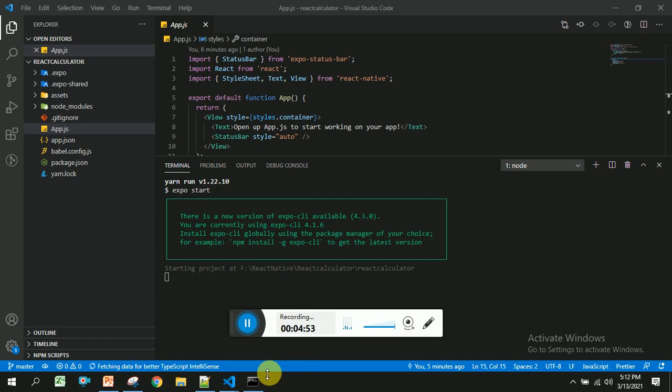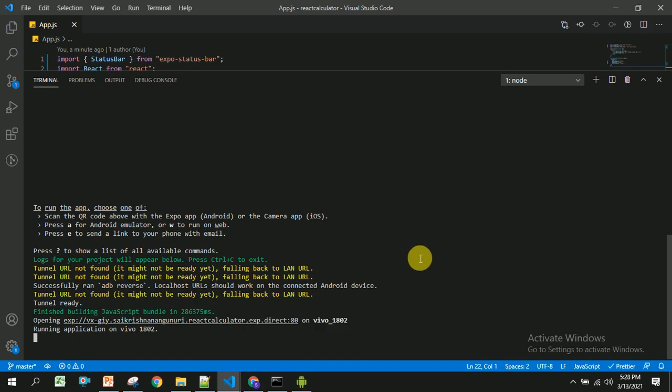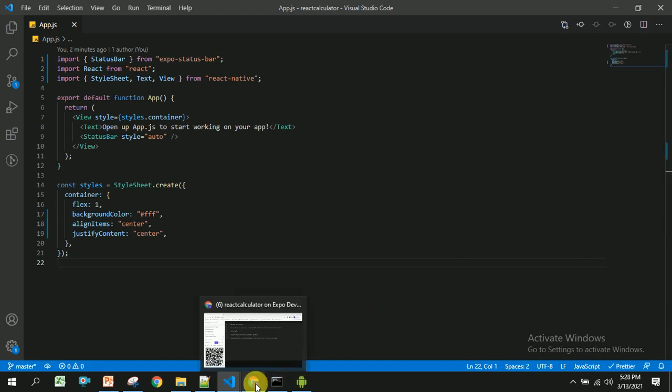Once you run the command yarn start, it is going to run the command expo start. Let us wait until it gets opened in the browser. Our application got compiled successfully, and it will be automatically opened in the browser.